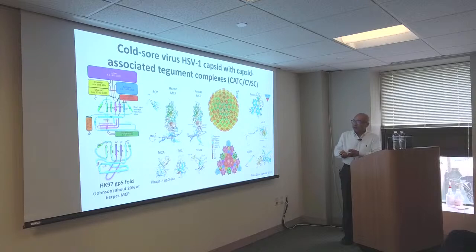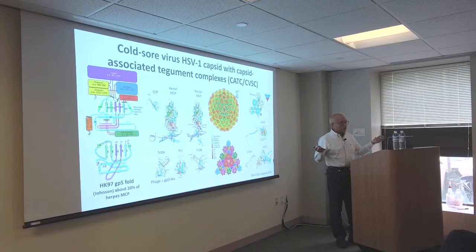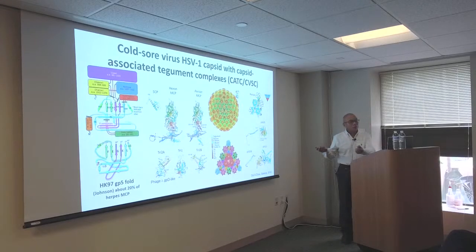So this is one of the next big things to learn, that for many DNA viruses, this is a common thing. No matter what you do, for the DNA virus, this is one of the most common strategies to have a protein. If you study phages and DNA viruses, they almost all have this structure. And then this fold was actually recently discovered in many cellular complexes also. So what we're thinking is that this is a very good fold that is unique to build large things that are very stable.